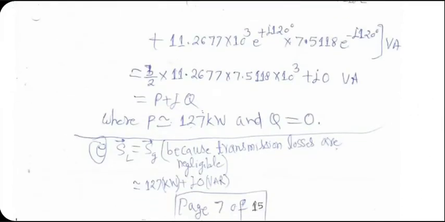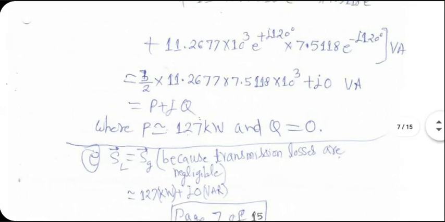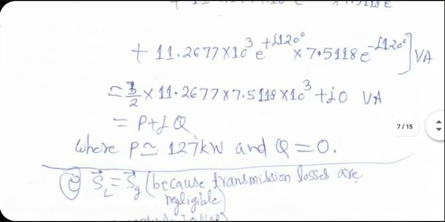So double check this. The total value of consumed power in the load is purely resistive. So Q has to be 0, like it or not. Even though current is complex, the load will not consume any complex power. It will have only real power. It's purely real load. No? So P works out to be almost 127 kilowatt.